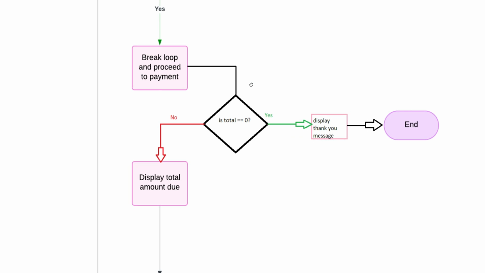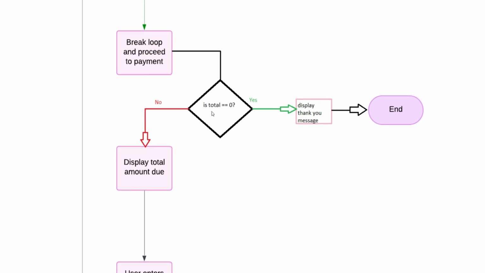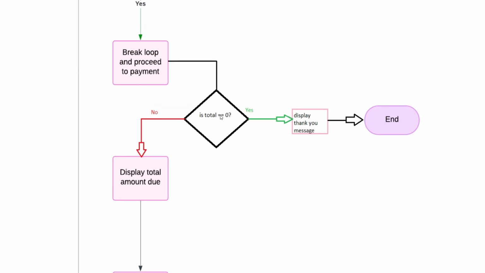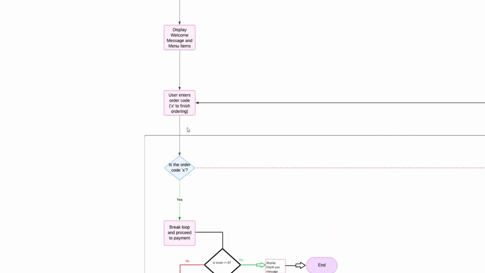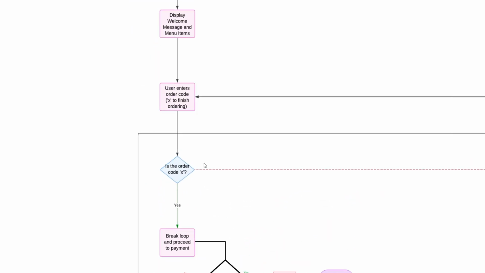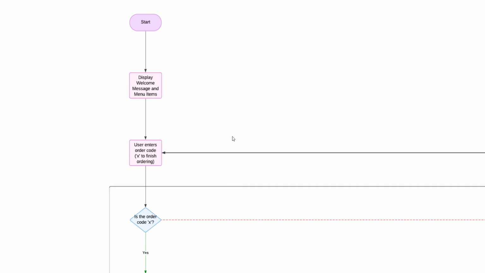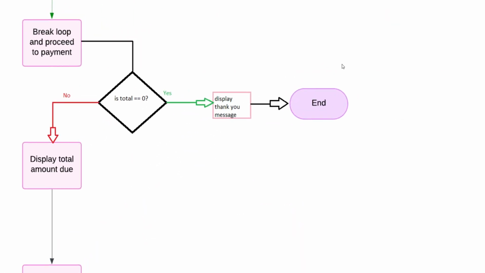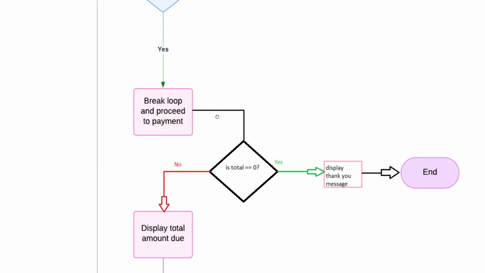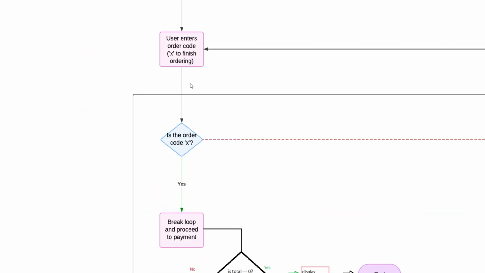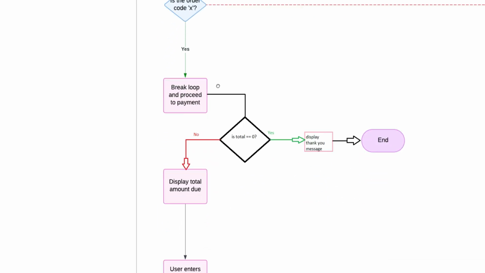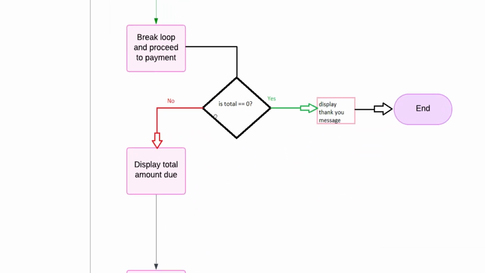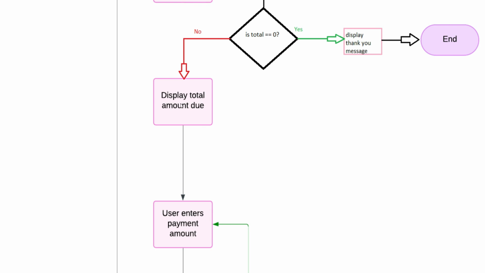Then it will be greeted with another condition: is the total zero? If the total is zero, assuming that the user input X instead of characters from the menu, then yes, it will display a thank you message and end the program. Unless the user has ordered, then the total is not zero, so it will display the total amount